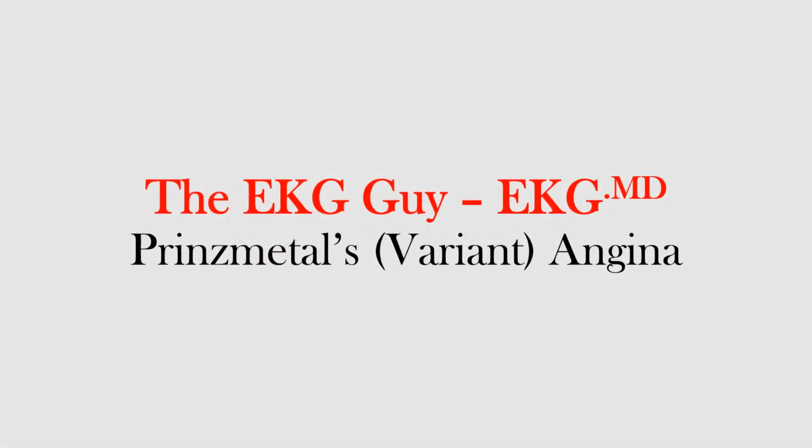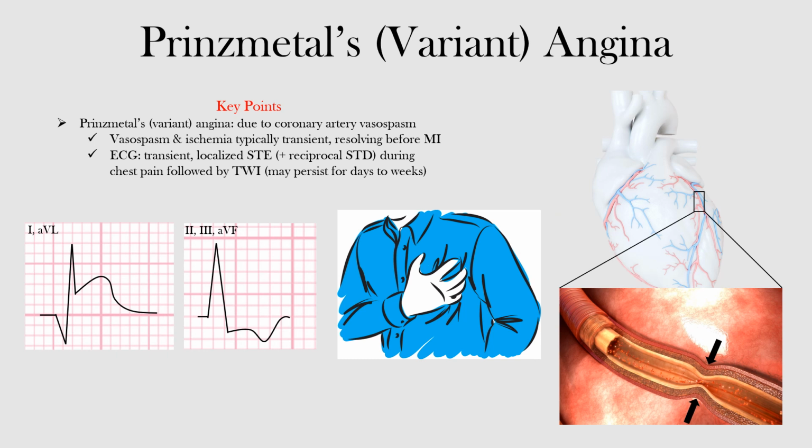In this lecture, we will discuss Prinzmetal's or variant angina, including its underlying pathophysiology and EKG features. Prinzmetal's angina, which is also referred to as variant angina, results from coronary artery vasospasm that leads to total occlusion